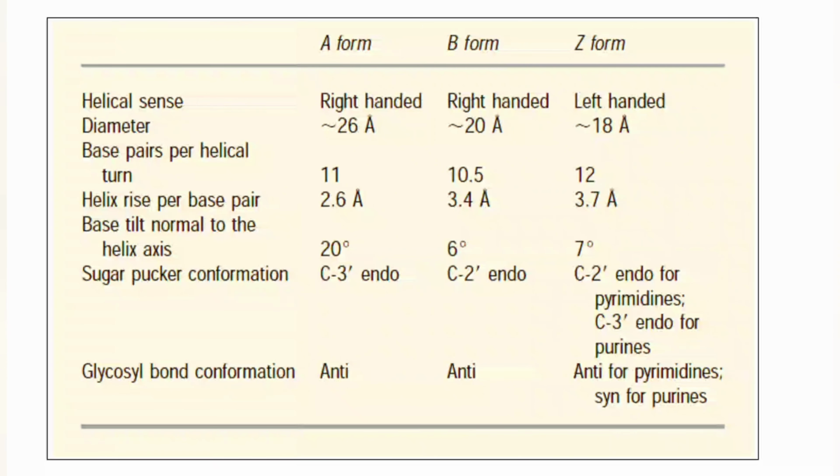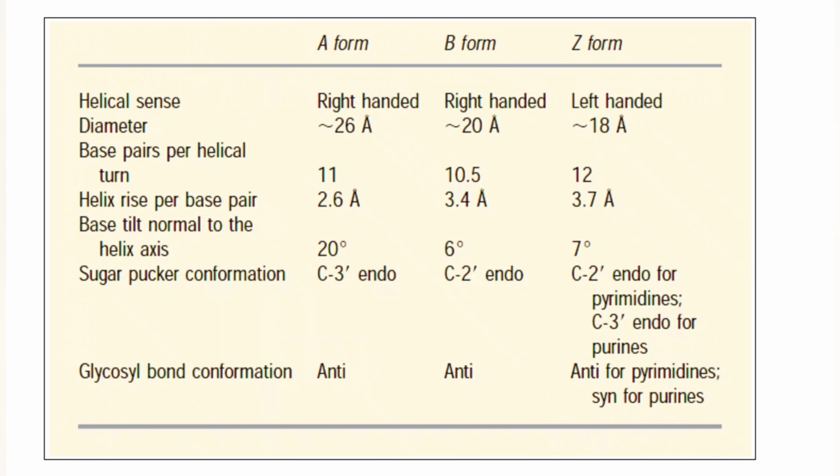So now one more important question that can be asked from the nucleotides or the DNA section, that is the comparative analysis of A form, B form and Z form of DNA. You should remember, because this is a very, very important part. If you talk about the helical sense, the A form and B form are both right-handed and only the Z form is left-handed. And apart from that, you have to remember the base pairs per helical turn of each DNA. It is 11 in A form, 10.5 in B form and 12 in Z form. So it is higher in the Z form per helical turn, and it is lowest in the B form, that is 10.5 base pairs only.